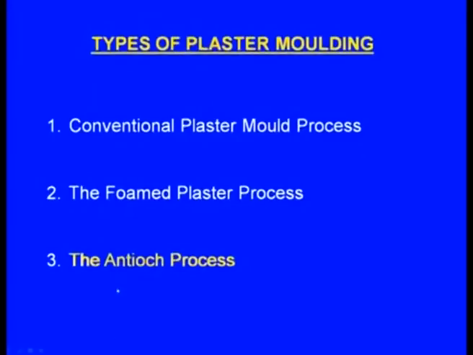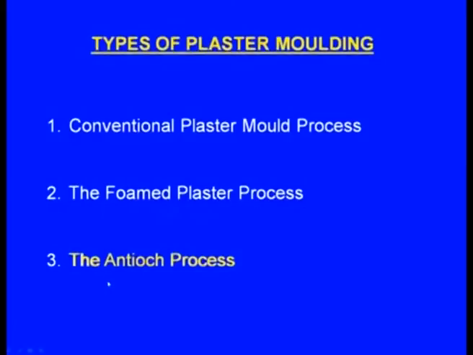Now again, why this Antioch process? Plaster molding is very good. It offers very good dimensional accuracy and very good surface finish, but the only drawback is that the molding medium does not have sufficient permeability, meaning it does not allow hot gases to escape through it. That is why people made the first alteration: they mixed air into the slurry, so they could enhance the permeability, but the strength came down. So instead of 7 kgs, people were able to make only 5 kgs casting.